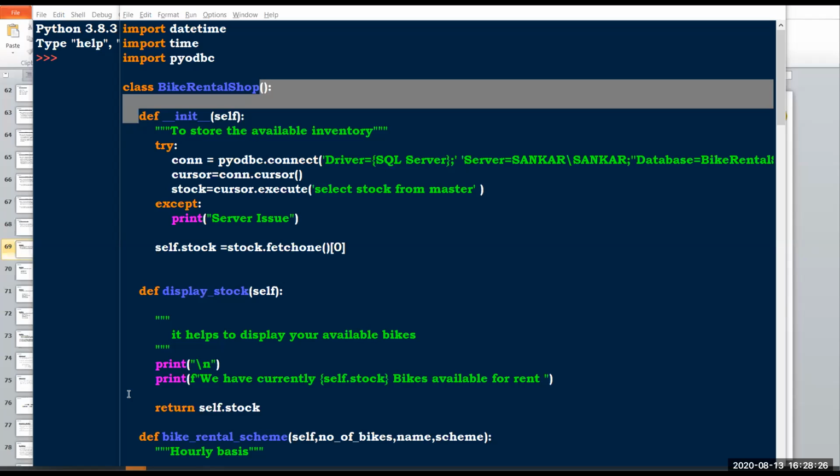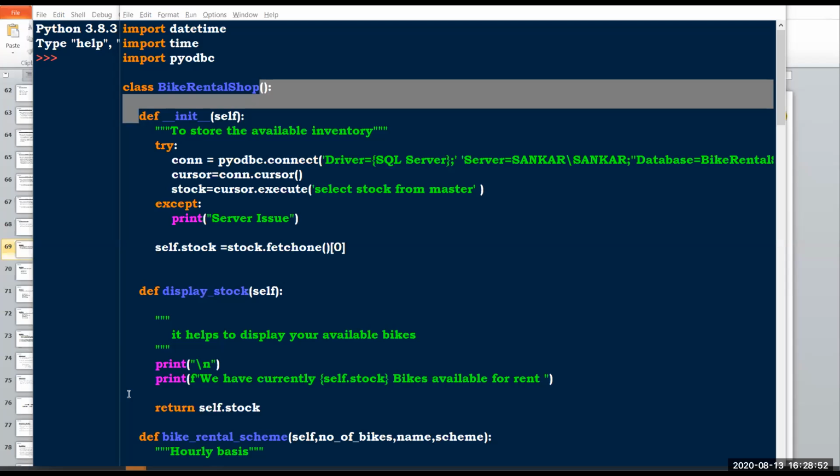Each will be calculated. If the person takes the bike on an hourly basis and returns before the hour is completed, it takes the basic value.